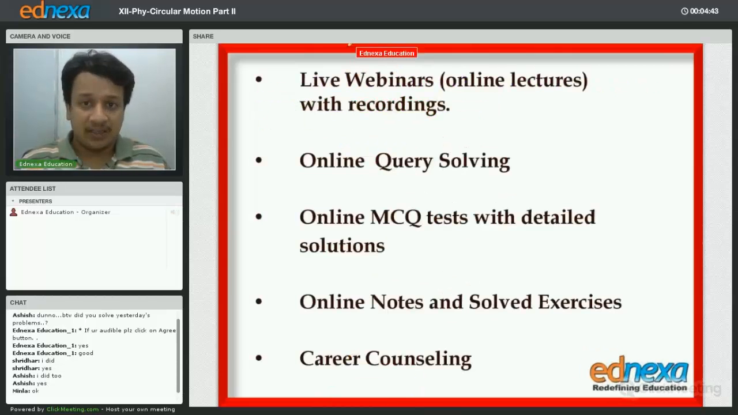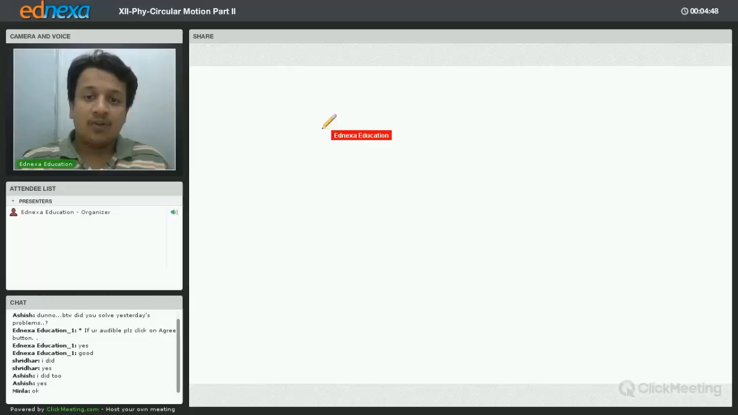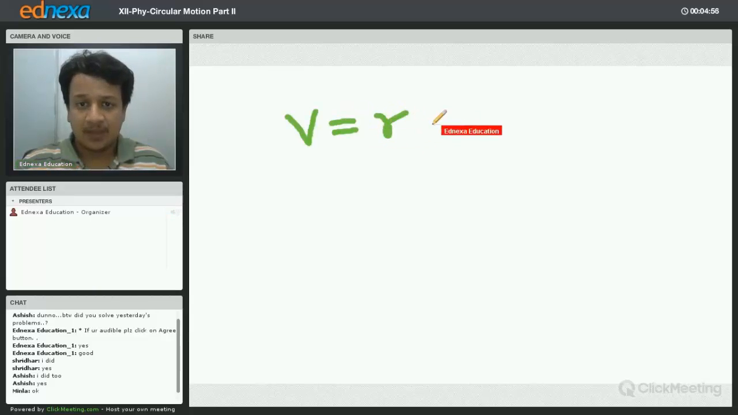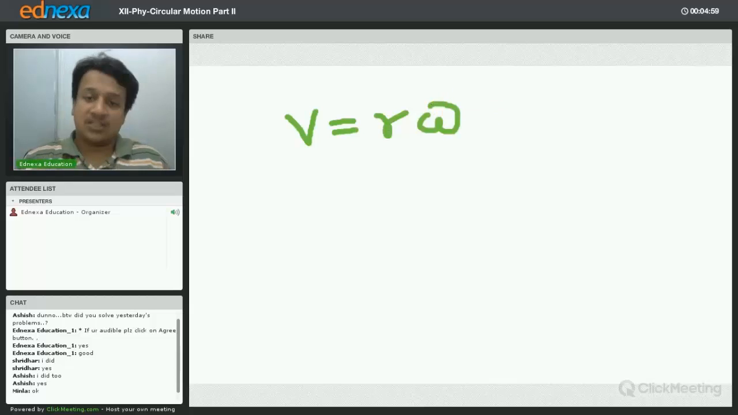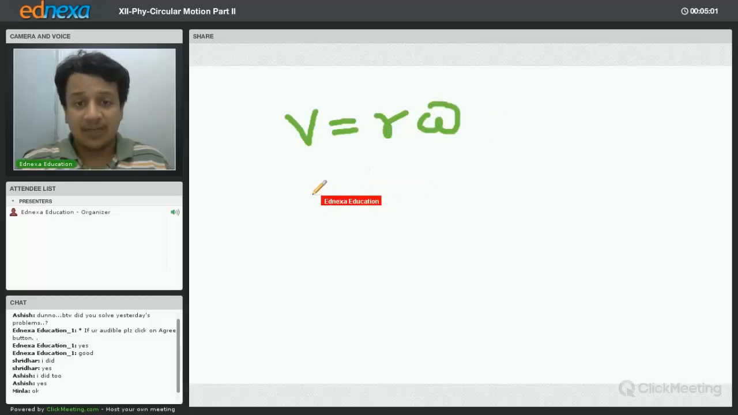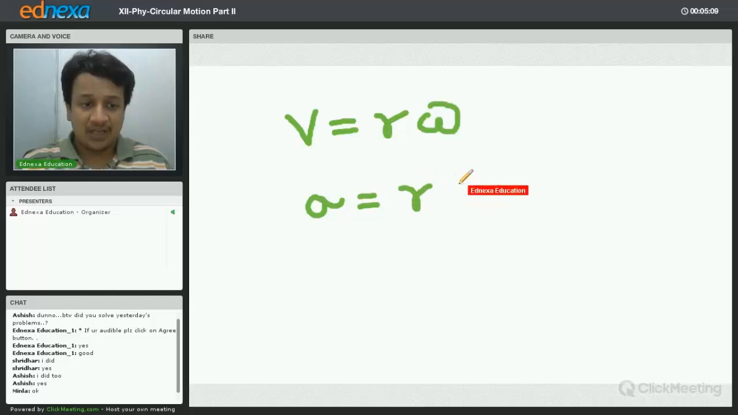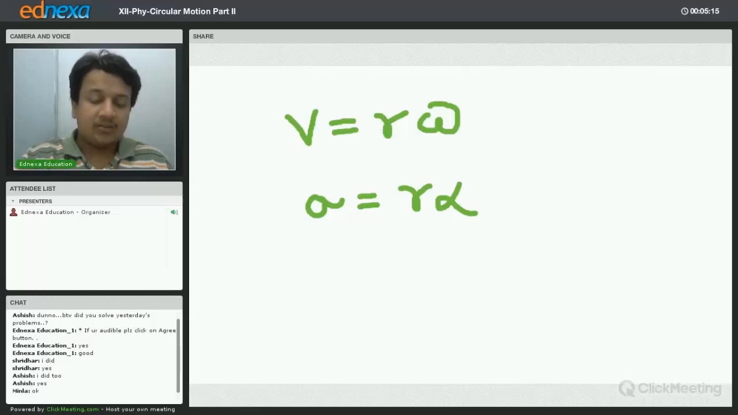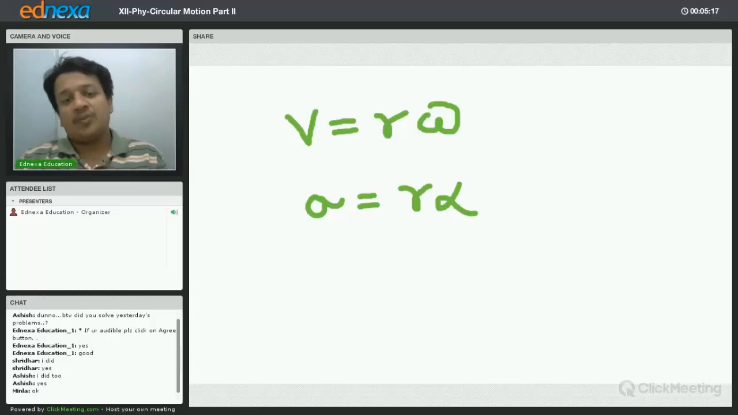Yesterday, if you remember, what did we discuss? Let's check. Yesterday we discussed velocity, the formula V equal to R omega. Is it right? Then after that we discussed one more formula, that is acceleration. What is acceleration? R alpha. Is it right? R alpha. But before discussing the formulas for velocity V equal to R omega and A equal to R alpha, we